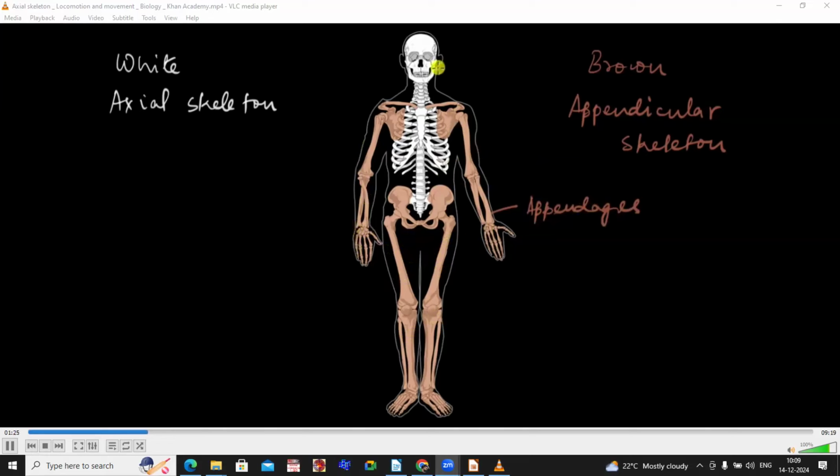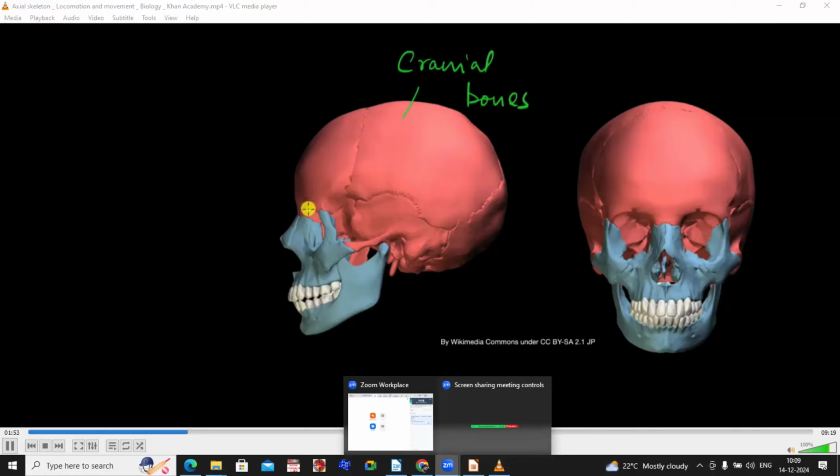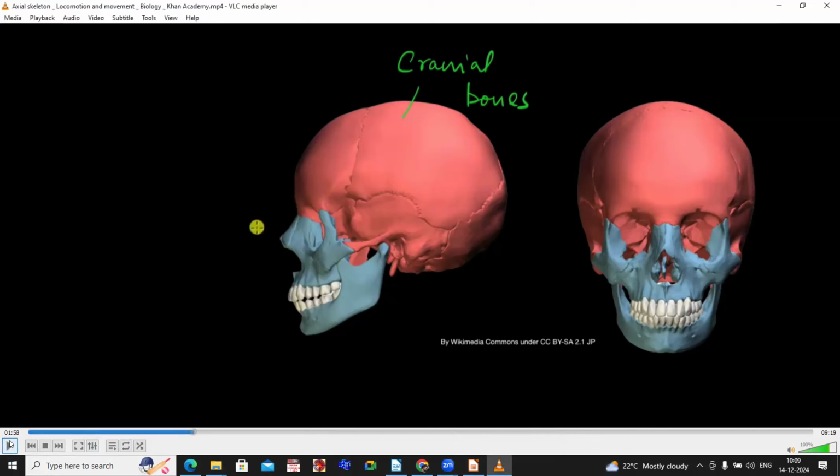In this video we will look at different parts of the axial skeleton, and what bones make it up. Let's go to our skull first. These are two views of our skull, and the part in red is made up of cranial bones. All these cranial bones cover the entire head, and they're also present inside the eye sockets. And what about the blue part? These bones, the blue